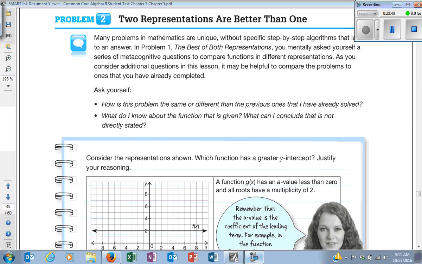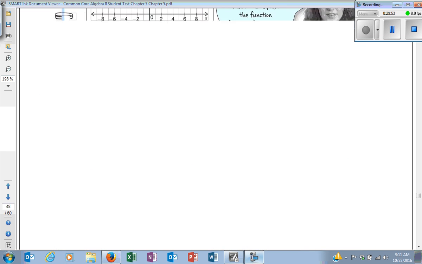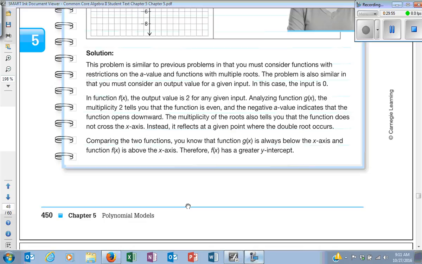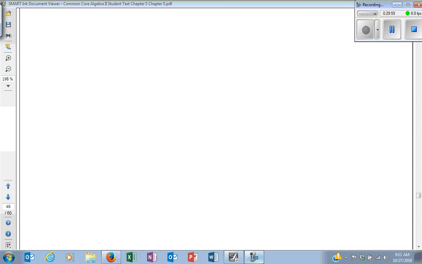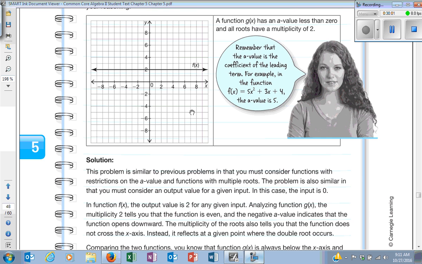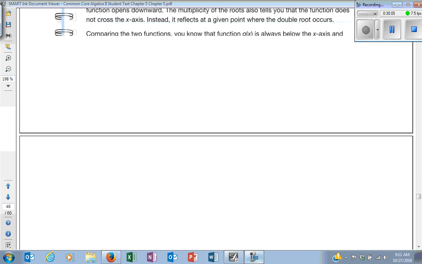Alright, so we're going to skip down to problems like this, which are going to be very similar, but it's just going to ask based on other, you can hopefully read through. You might want to read through this question. They give you the solution and talk about it, so you might want to read through that. But this one right here,